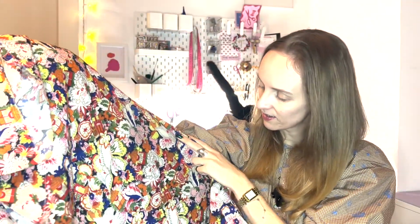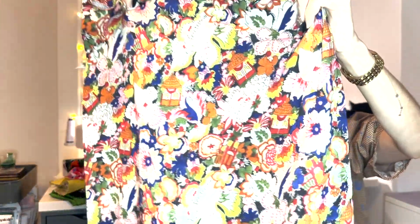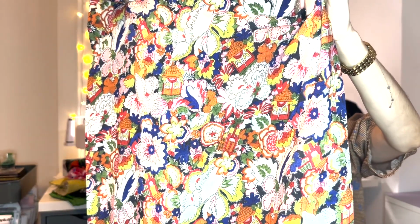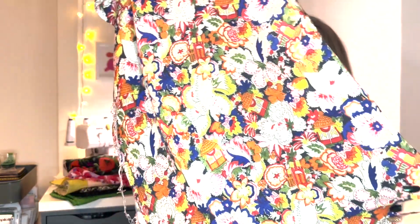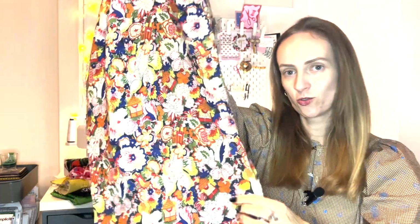Is it a floral print? Yes, it is a floral print, but it also has these little houses, or is it bird houses? I don't know, throughout it. And I really like the colors. Normally I'm not one for oranges and blues, but this fabric just has something to it that